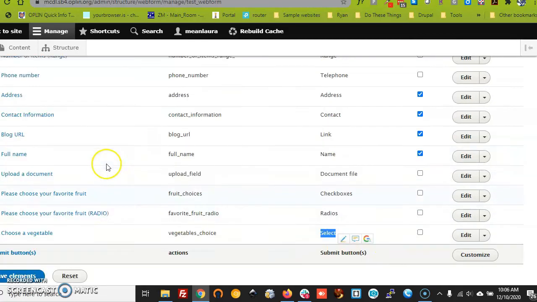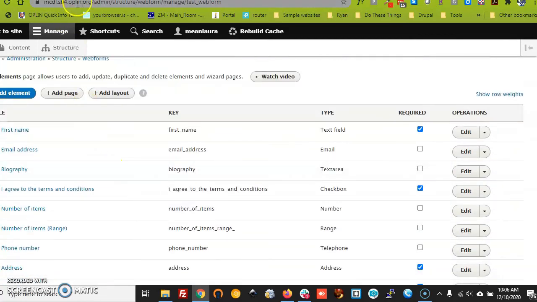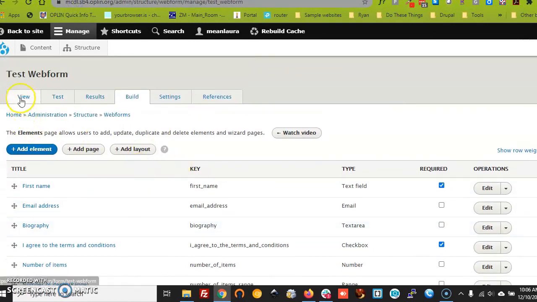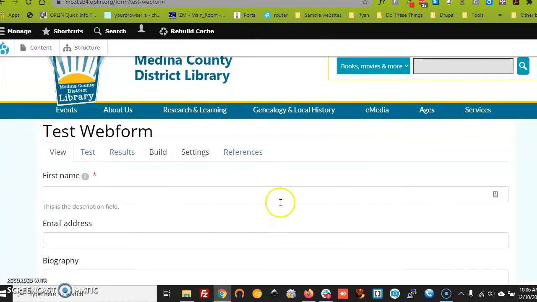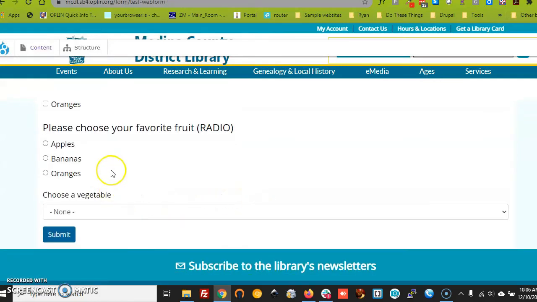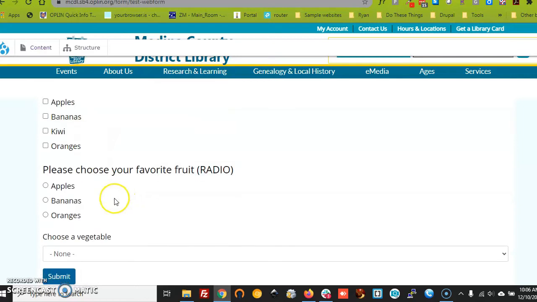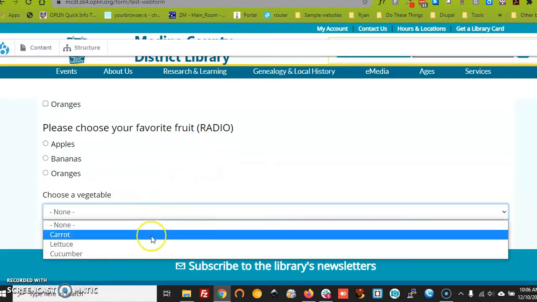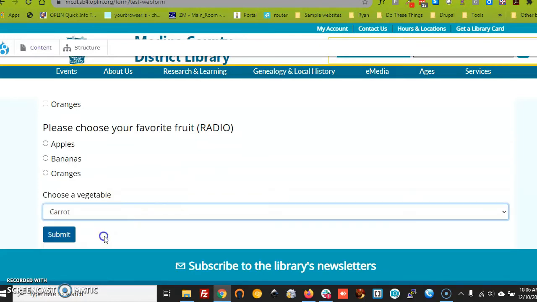So what does this look like on the form? Let me move my recording window. Go ahead and click View, and we're going to scroll down to the bottom. And now you'll see that here are our checkboxes. Here are our radios. Both of those were fruits, if you recall. And then Choose a Vegetable is now a select list, and people can choose